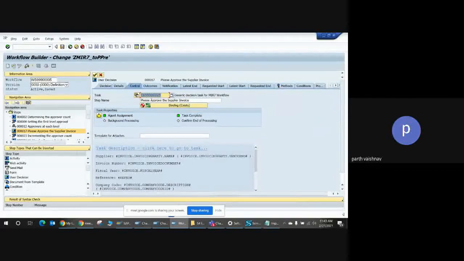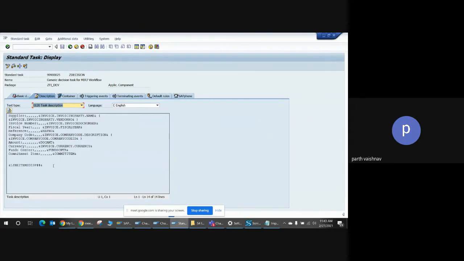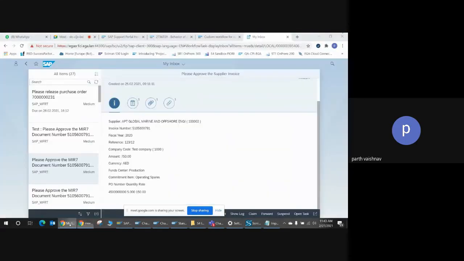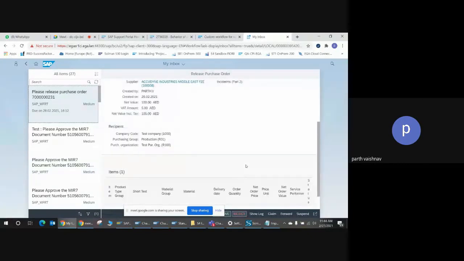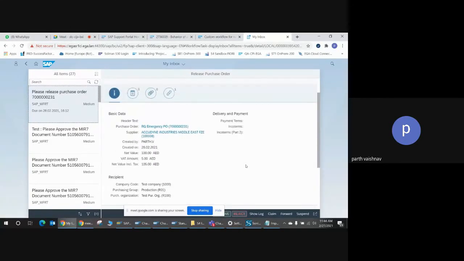Yes, core workflow. The task is different, but inside the task also you can write the description, right? This is very vague, I mean, this is raw. This is what is being displayed here in this way. So you got it. It is not very good, or it doesn't look the same. If I see my purchase order, this is given by SAP standard. So that was the root question which triggered all this: the expectation of the user, why that is coming that way and why the purchase order is coming in this beautiful way.